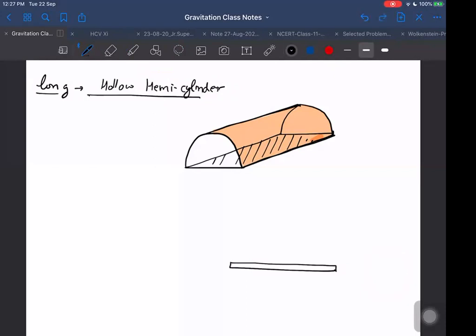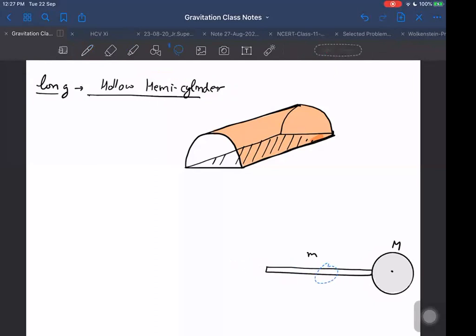All the questions I'm asking for field, but I can ask all these questions for force. For example, I can ask: what is the force between this rod, this stick, and the mass here, capital M, small m? I can keep the distances like this also. This is like a lollipop, and this is the stick of the lollipop, and this is the sweet on it. So we are finding the force between these two. This length is L and this radius is R. Mass is given as small m and capital M. How to find it?